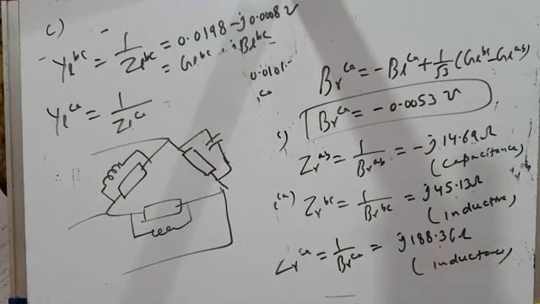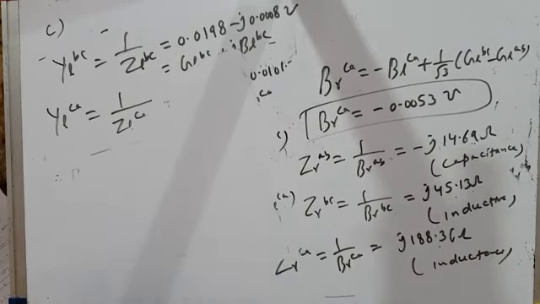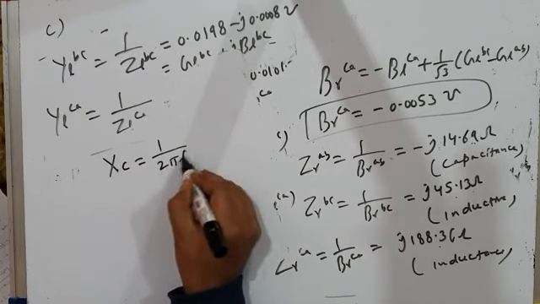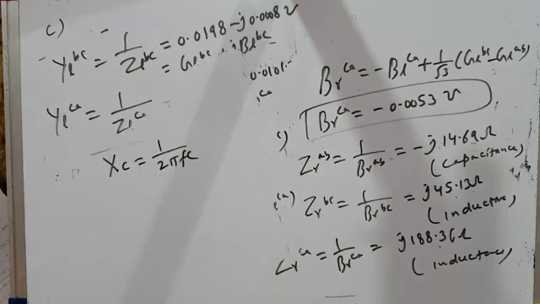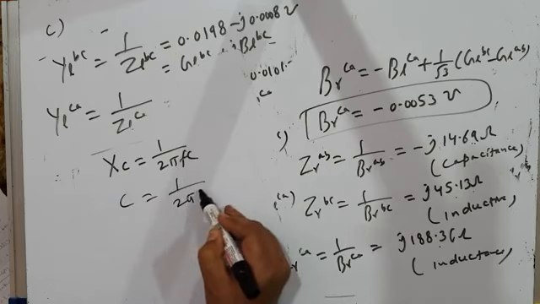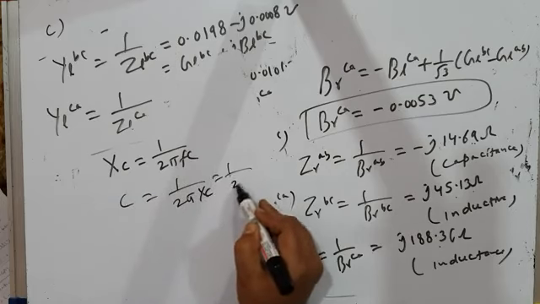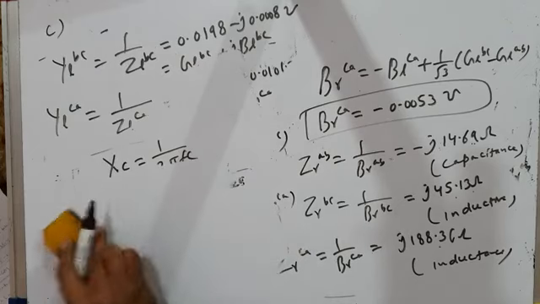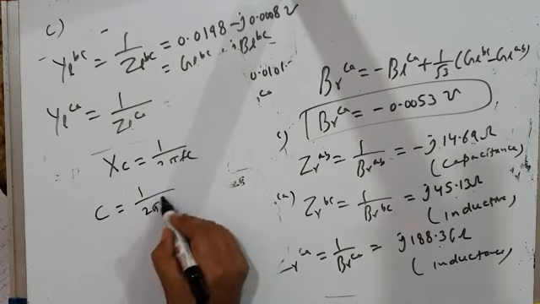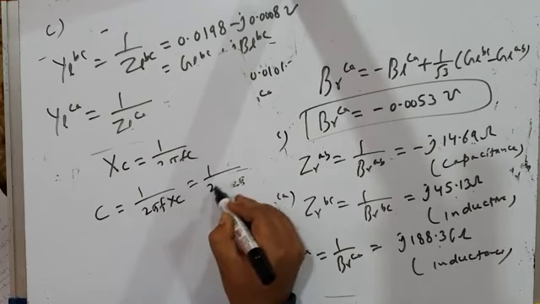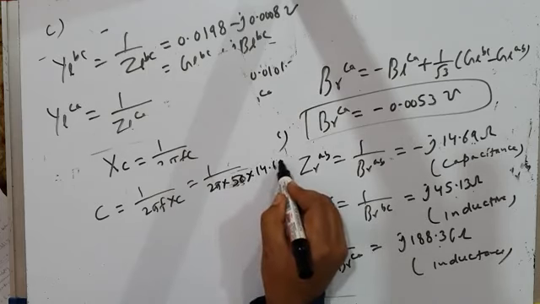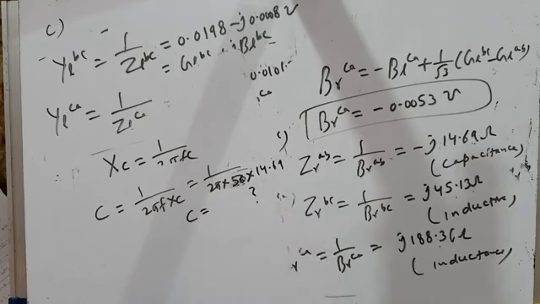Once you know capacitive reactance and inductive reactance, you can find actual capacitance value. Like what is capacitive reactance equal to? That is 1 by 2 pi f C. Frequency is given in the problem, 50 Hz. Xc itna hai. So you can find C. C is equal to 1 by 2 pi f into Xc. That is 1 by 2 pi into frequency is 50 Hz और Xc आपका है 14.69. यहाँ से आपको कैपेसिटेंस का वैल्यू डिजाइन होकर निकलेगा.